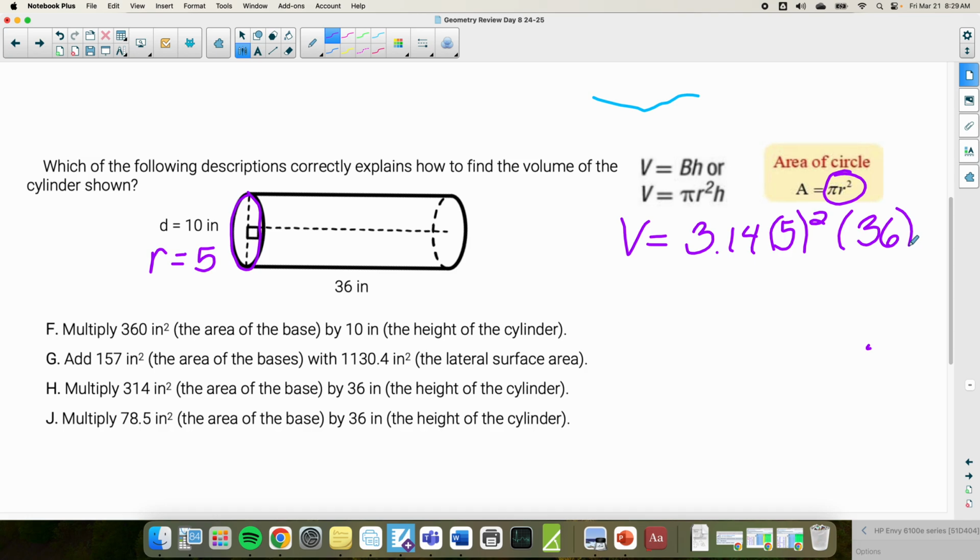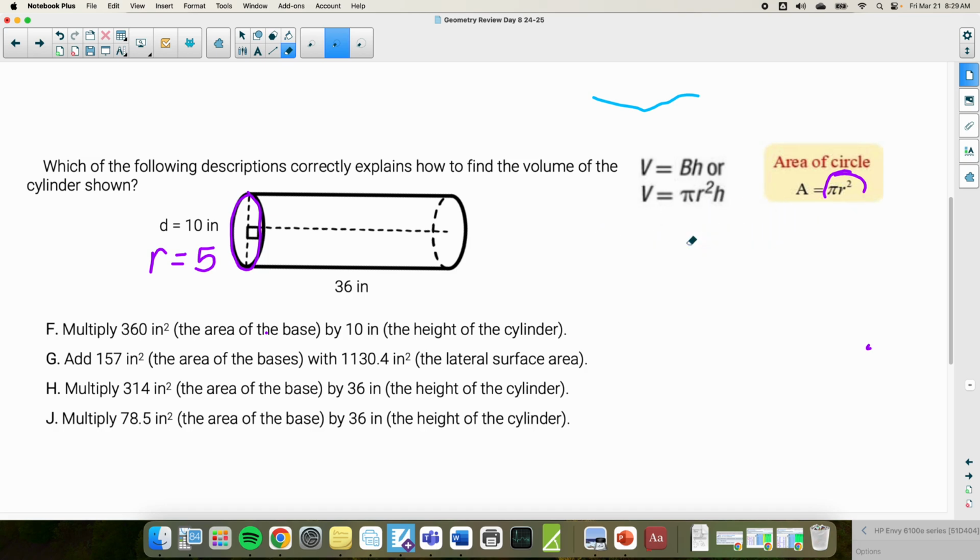Now, here's what they did. Now notice here, they put times the area of the base, okay? So I actually should have, they did not break it down into pi r squared h. What they did instead, so I'm gonna get rid of this. What they did again instead is they used this formula right here. So I'm gonna go volume equals, and you would go the area of your base